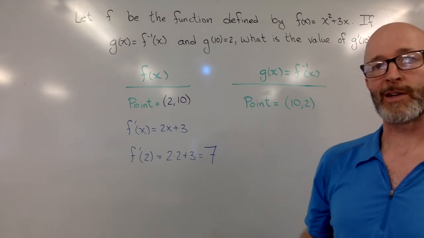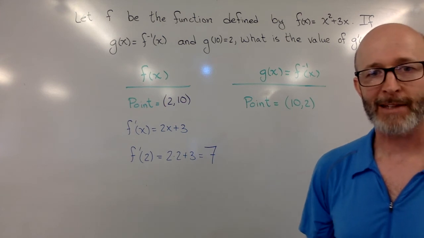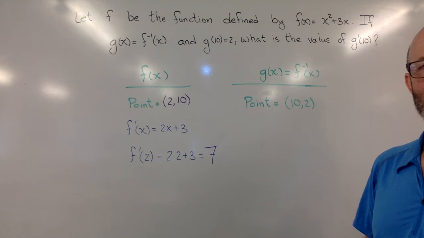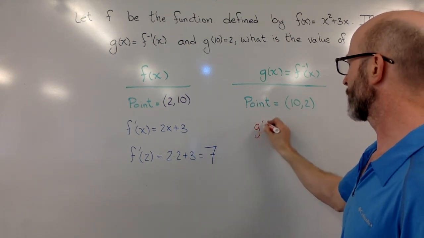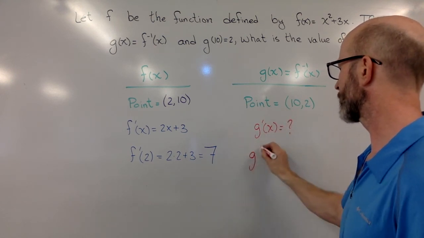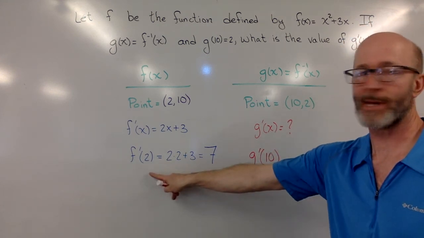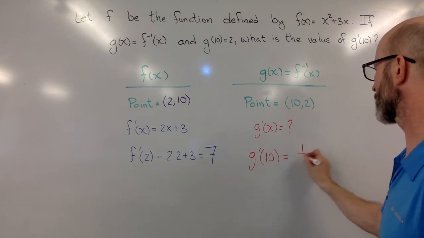The only thing you need to remember about the calculus part is that the slopes are just reciprocals of each other. So while I don't know what the derivative of g is, I do know what the derivative at the corresponding point will be. This one's at 2, this one's at 10. And it's just going to be